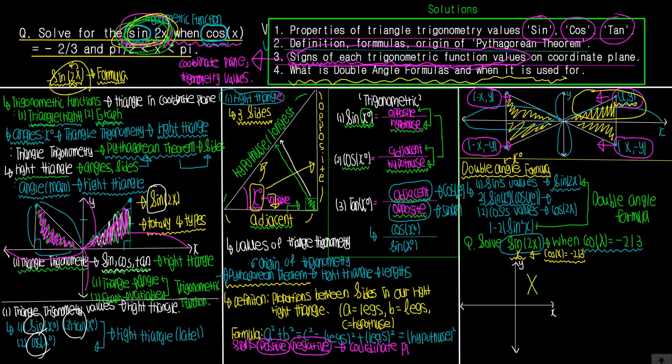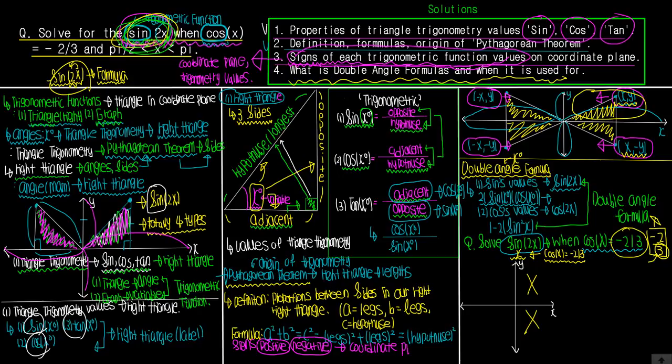That means the last one, where the x value is positive, can't be the place where the triangle should exist. So it can be either the second or the third one. But if you think about it, negative 2 over 3 will be something like this, where the denominator can't always be negative, which means the y value, which is going to be our 3 value,